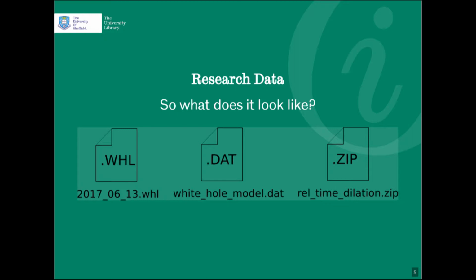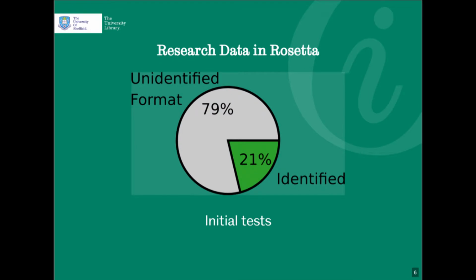And in fact, we did a little bit of preliminary investigation a few months ago based on what had already been uploaded to ORDA on trying to identify the file formats we had in there. We pulled everything that we had in there out because it was a relatively small volume at the time. We run it all through Droid, and we found that a little over 20% we were able to identify what those files were, and the rest, Droid went,